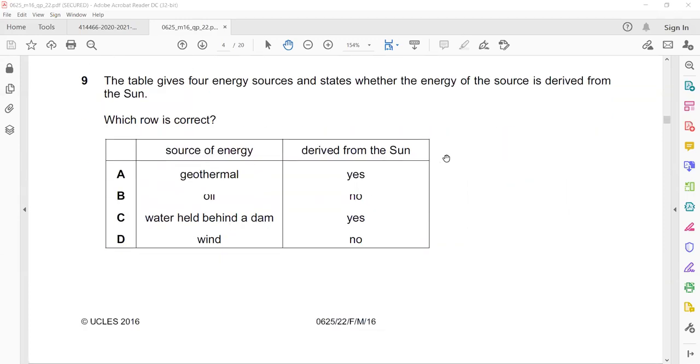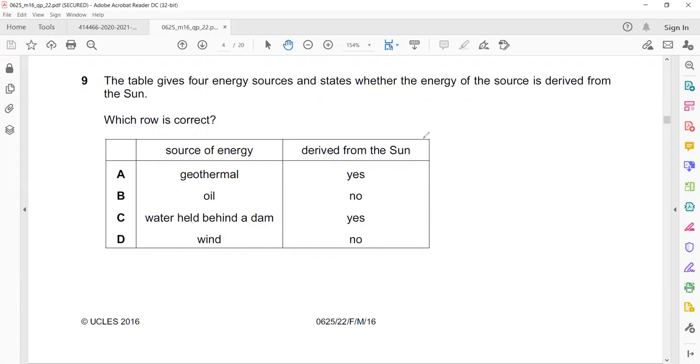Question 9. The table gives 4 energy sources and states whether the energy source is derived from the sun. The source of energy which is derived from the sun. The table should have the name of the energy source, and whether it's derived from the sun, yes or no. For question number 9, so when we check the